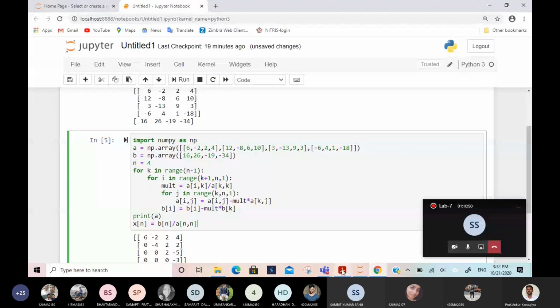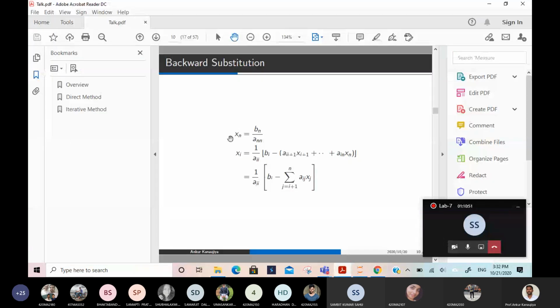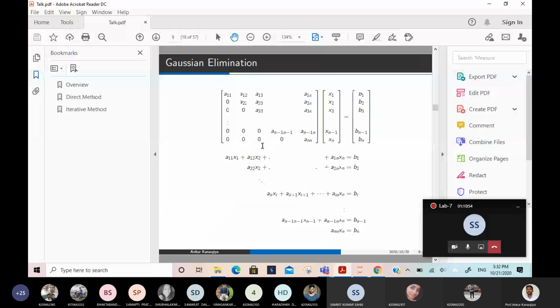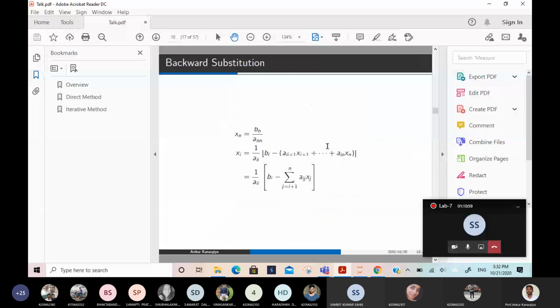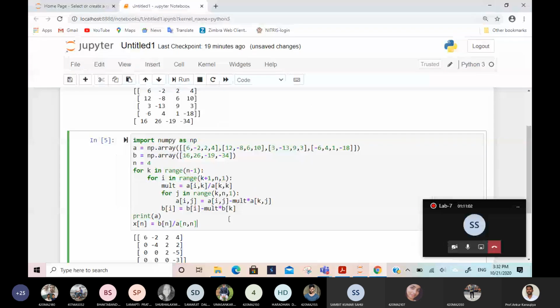I wrote this one, xn equal to bn by ann, the last xn, this bn divided by ann. Is it correct or wrong? Yes, sir, correct.